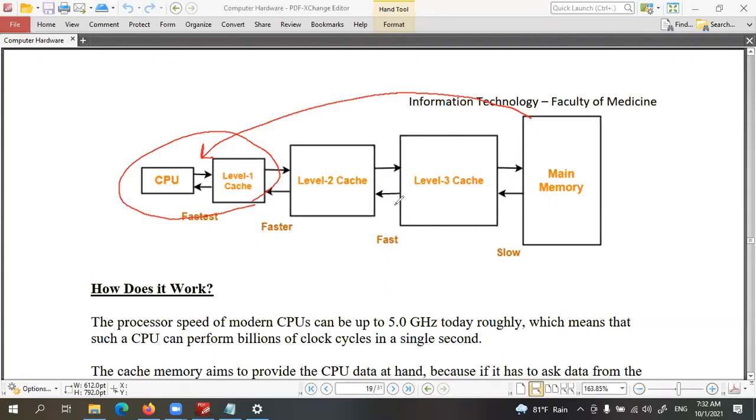So here the cache is a hardware device, it's a memory. This is used to keep frequently used data, and the purpose is to make the communication between main memory and the CPU efficient. The browser cache is something different.